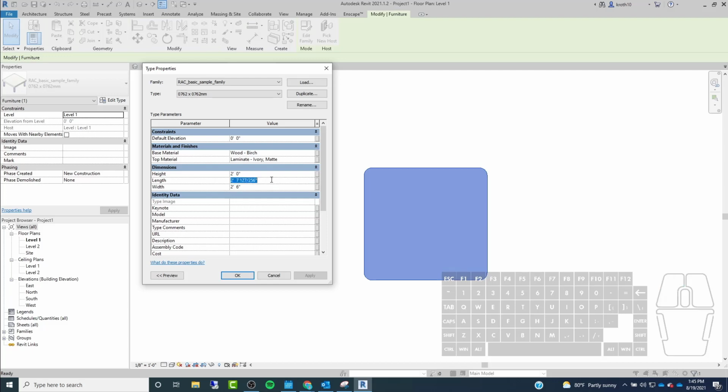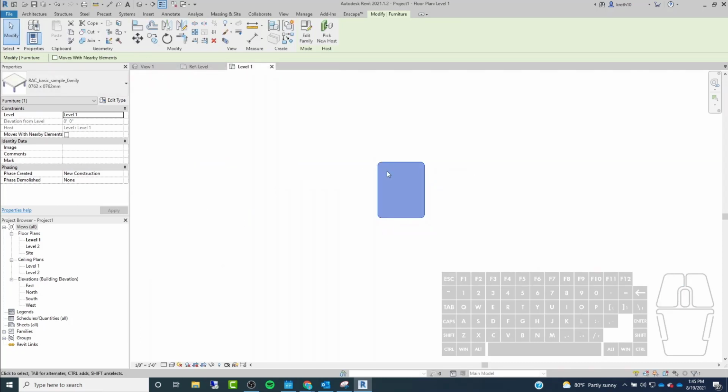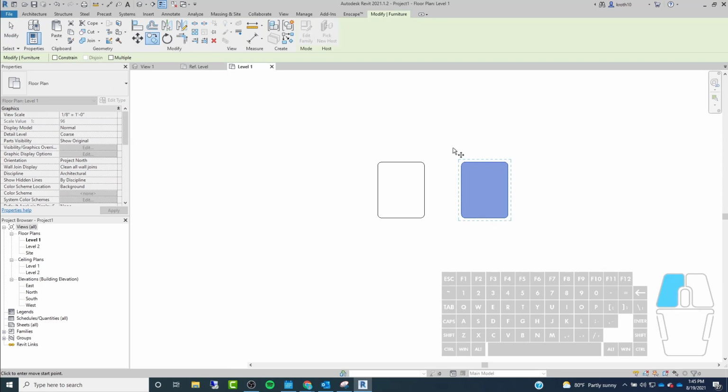Oh, that's the height. We're not going to be able to see that. Let's do the width, 2 feet. Click apply. We can see that change happen. I can go in and I can rename this and make the changes to that dimension here and update that if I want to. And then we can just click OK, and we can make a few copies of these. So if I were to go here and use my copy tool and copy a couple of those,